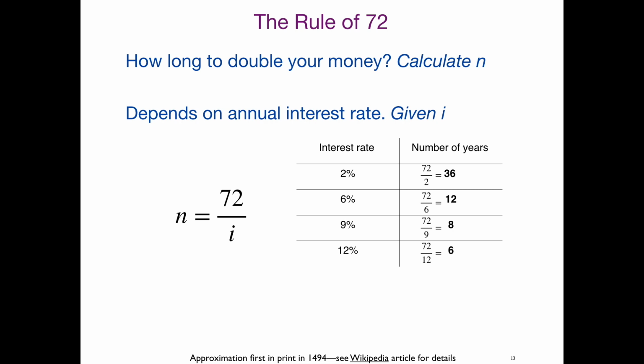The rule of 72. Okay, so the rule of 72 gives a rule of how to understand interest rates. That is, if you've got an interest rate,